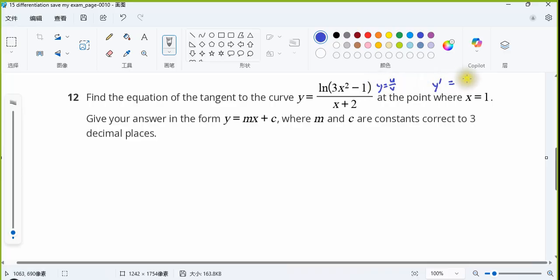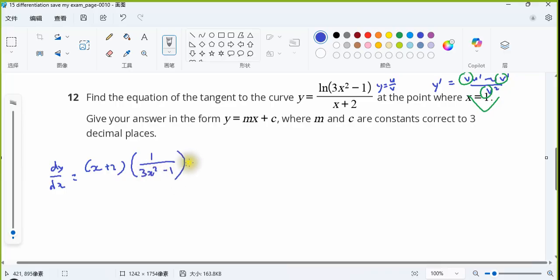So y prime is v u prime minus u v prime over v squared. So we have the v here, v shape. Okay, so dy/dx will be (x plus 2) multiplied with 1 over (3x squared minus 1), times 6x,